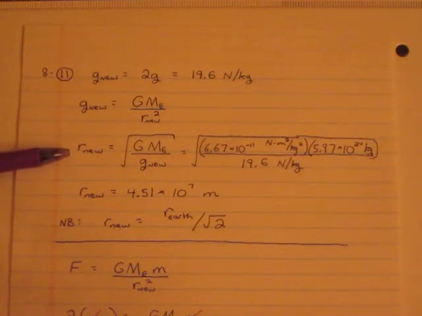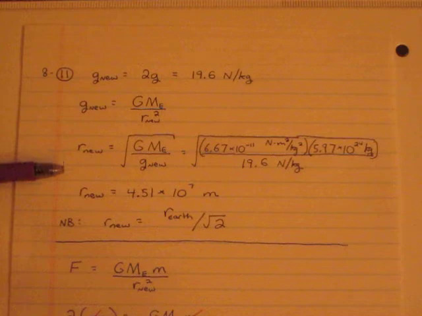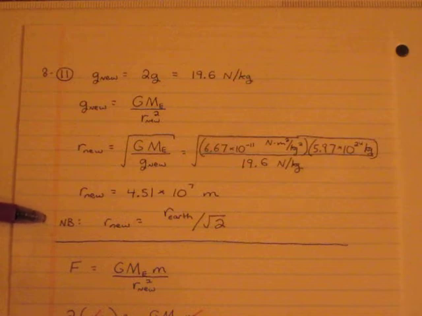It's equal to the square root of G times mass of Earth divided by g sub nu. Plug in those numbers, and we get 4.51 times 10 to the 7th meters. By the way, that comes out to be the radius of the Earth divided by the square root of 2. Another way to solve that problem